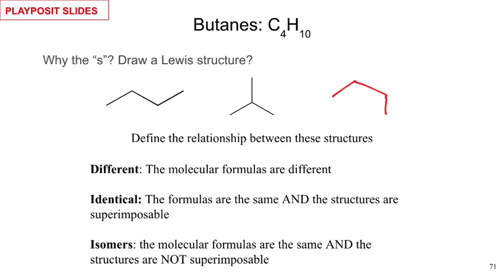Okay? Isomers have the same formula, but the structures are not superimposable. So there's no possible way I can take this middle molecule and have it superimpose either of the outsides. It's not physically possible. Okay? That superimposability can have a couple different manifestations, and we'll look at that as we dig probably into